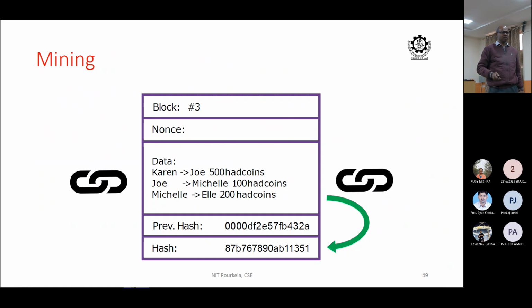Assume many miners are there, but any one will be selected. The miners have to agree upon which particular block is to be added. There are many miners out there, all of them mining. You are a miner, I am a miner. I have 5 transactions, you have 20 transactions, somebody has 3 transactions, somebody has 1 transaction. Everyone is mining, but everybody wants a reward. Then among these, they have to reach a consensus using a consensus algorithm.